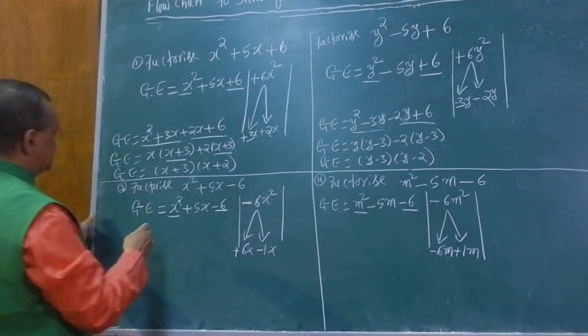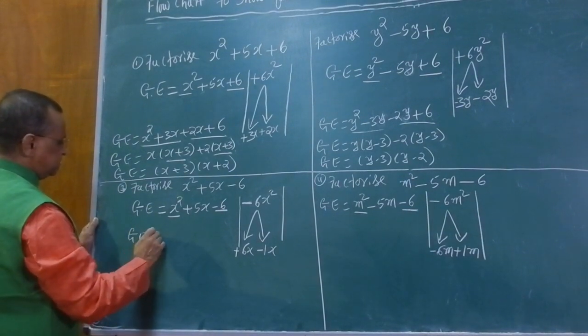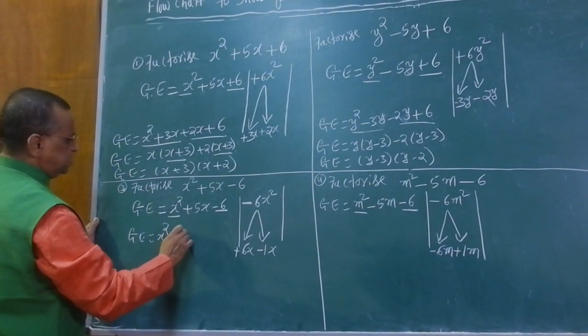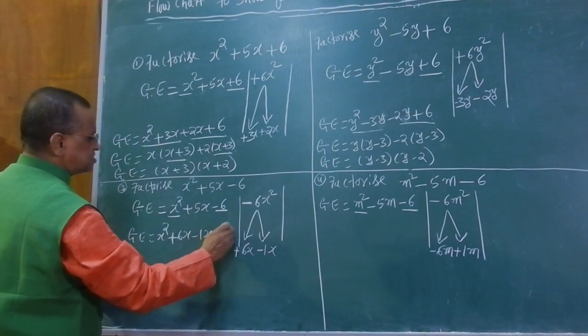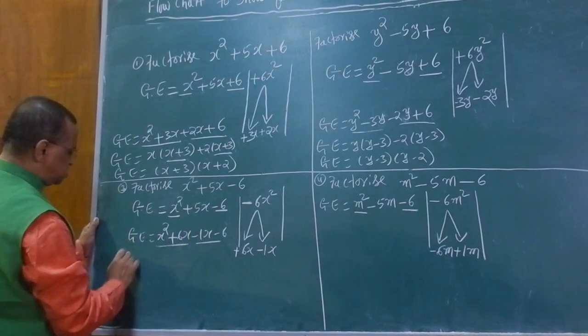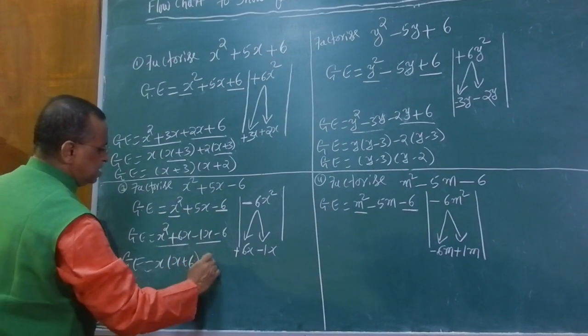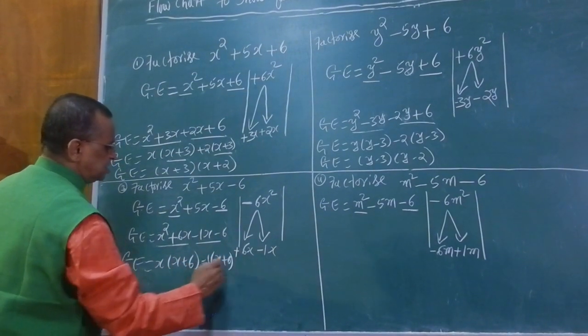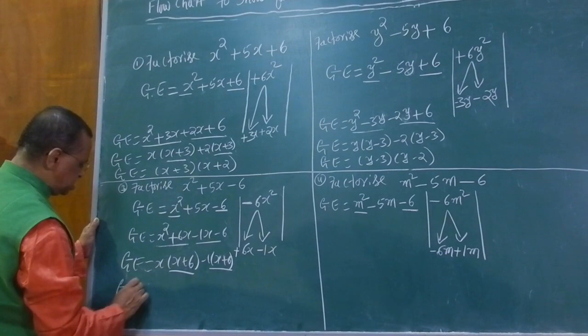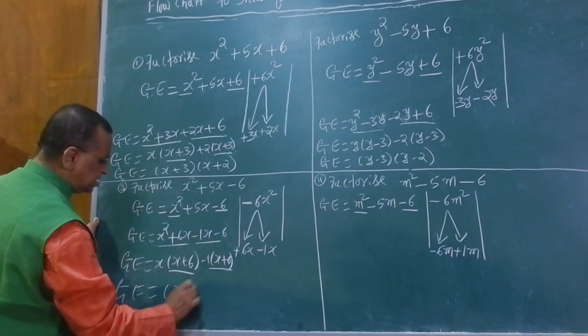So in the third example, keep the first term as it is, split the middle term plus 6x minus 1x, minus x. Underline first 2 terms and last 2 terms, take out x, it becomes x plus 6, minus 1, it becomes x plus 6. Underline x plus 6 and x plus 6, take out x plus 6, you will